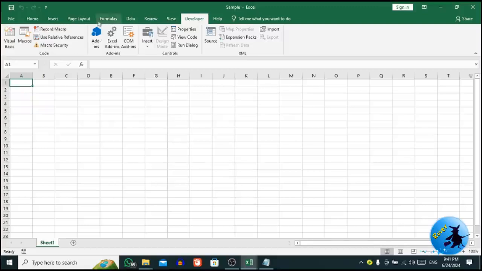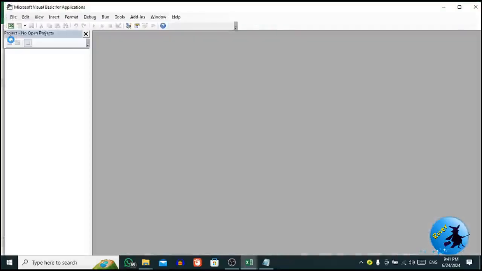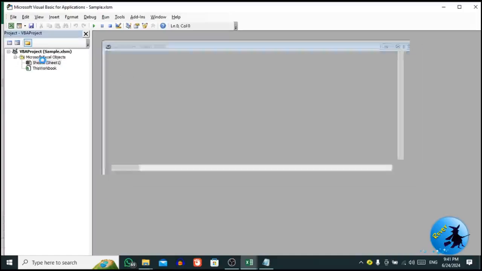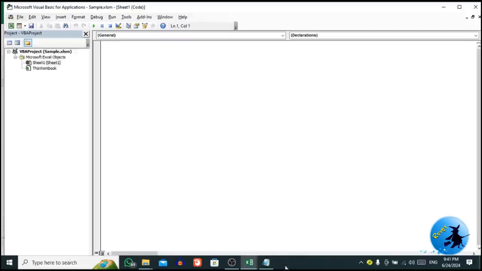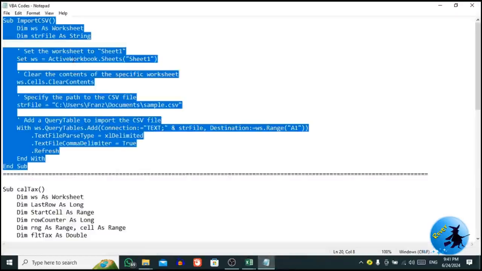Then click on Visual Basic. Now you have the Visual Basic window like this. So select Sheet1. Here my workbook contains Sheet1. Then double click on Sheet1, and now I am going to copy and paste my code